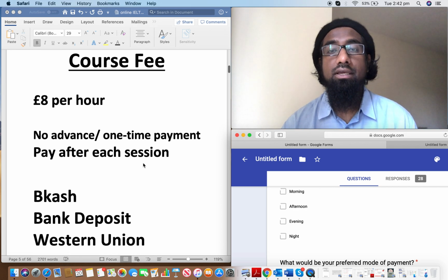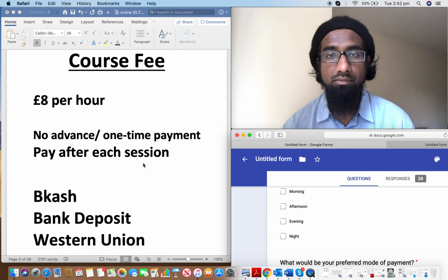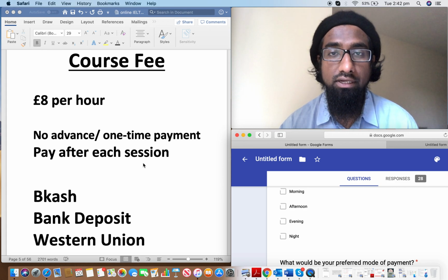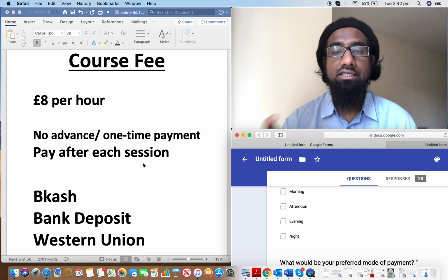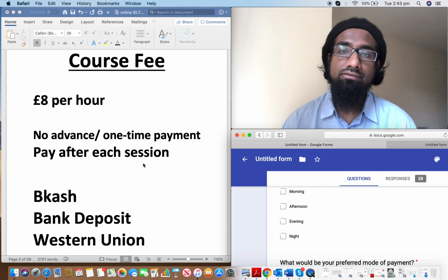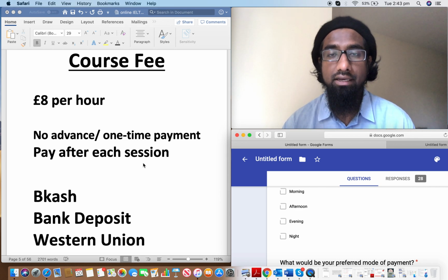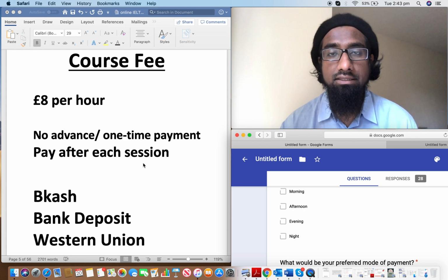So the last question would be regarding fees. As I said, there is no advance or one-time payment, nothing. First of all, we both have to agree that this is the module that we want to study, and after each session it's £8 per hour, so you have to convert it according to your country's exchange rate. After every session you have to make the payment, but if you want to make an advance payment, that's up to you, but I do not require any advance payment, because